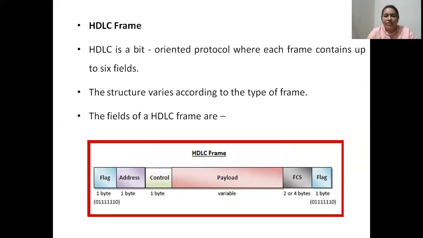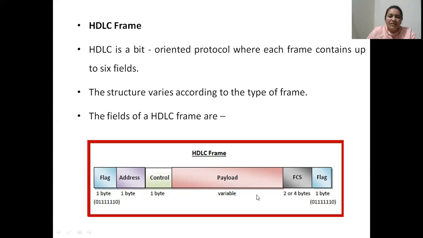Now coming to the frame format of HDLC, the bit-oriented HDLC frame format has 6 fields, and the structure is shown in this figure. The HDLC frame has 2 flag fields of 1 byte each, 1 address field of 1 byte, 1 control field of 1 byte, and a payload, which is the actual data to be transmitted, of variable length.